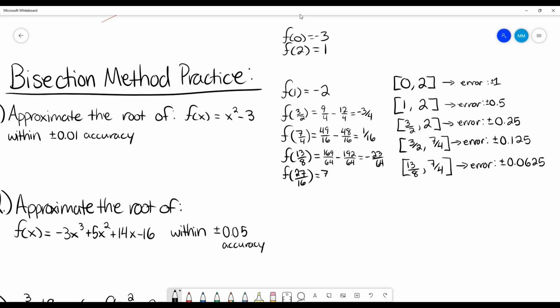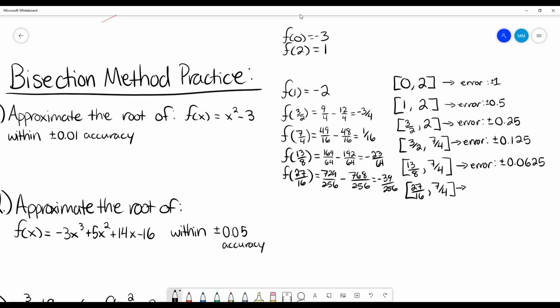So it's going to be 729 over 256 minus 3, which gets us a negative 39/256, which is another negative. So again, we replace this one because that happens to be the one that results in a negative. So 27/16 and